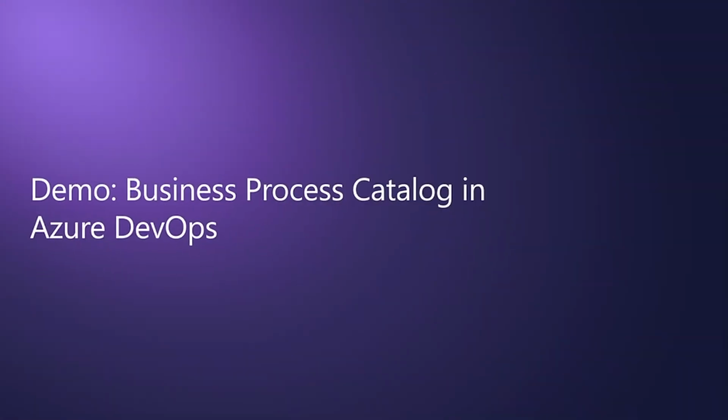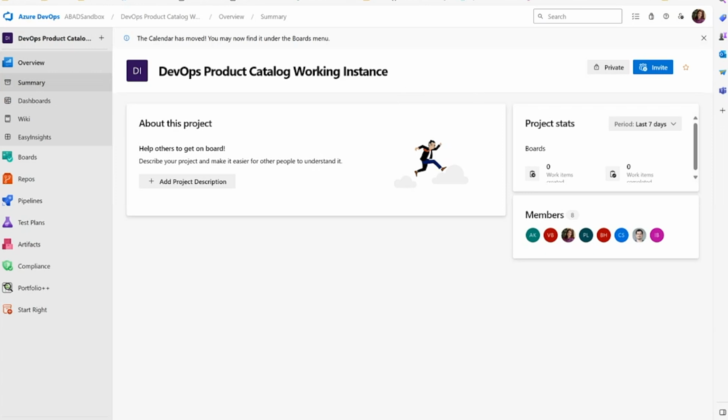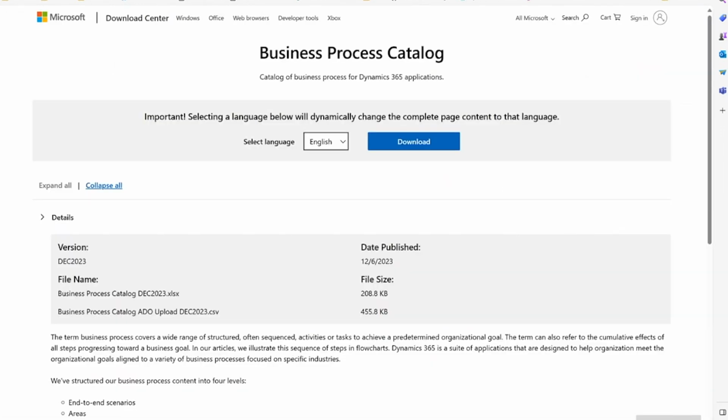All right, so with that, I'm going to go ahead and switch over to my browser now. And we are going to take a quick look at the process for downloading. So I'm here in my browser, and I've already opened up the download center. The link to get here is aka.ms/businessprocesscatalog. And when you get here, you'll use that big blue download button right in the middle to